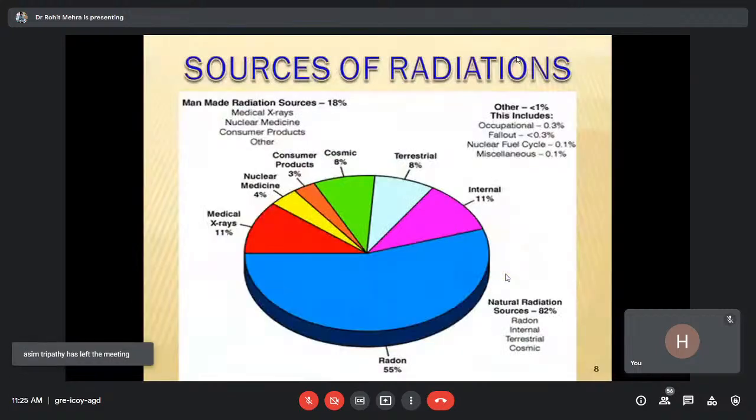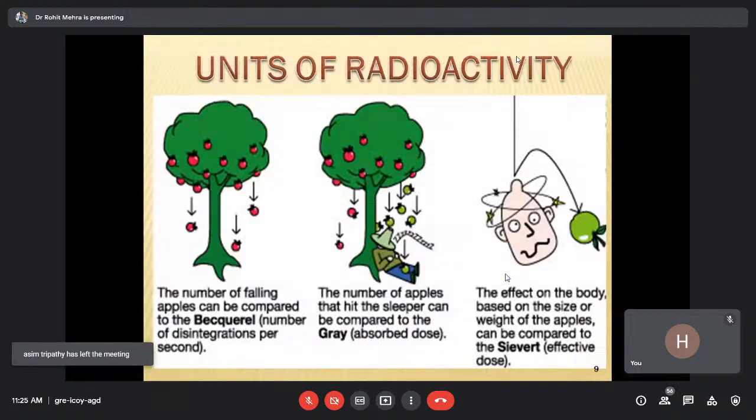Now, once we study radioactivity, sometimes it is asked that we have to measure radioactivity in terms of different units. This pictorial representation will give you an idea of why those different units are required. I have made a figure which will give you a very clear-cut idea. If you are just measuring the number of disintegrations per second, that is the natural radioactivity, we generally measure it in a unit called becquerel. That is the number of apples falling from a tree, just for a pictorial representation.